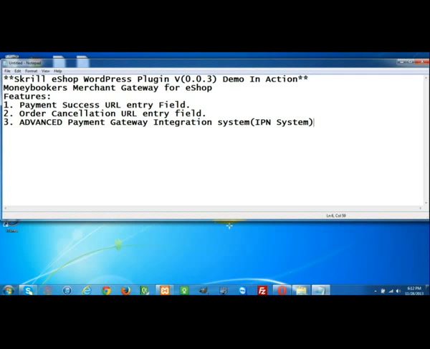Because in the basic version we won't have the payment success or order cancellation URL fields or payment processing fields. We'll only have the payment done, and after that we'll be sent to some other place. So that's why I have introduced this advanced payment system.